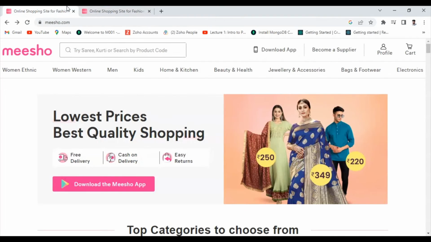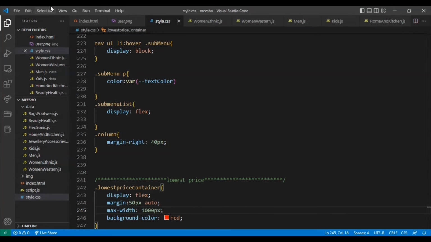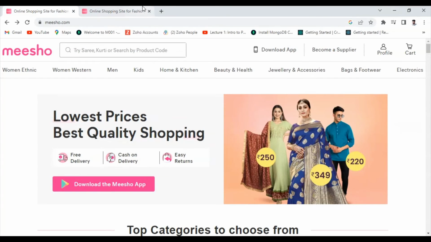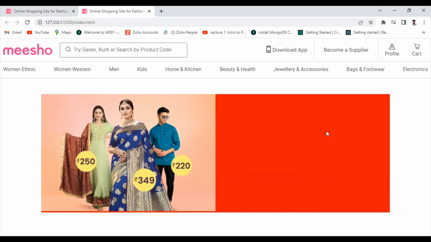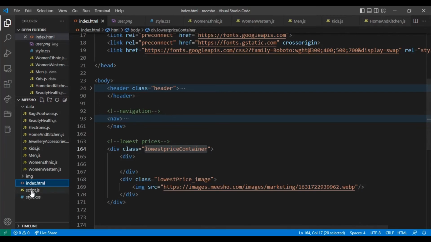Yeah, now it's almost like this. A little bit more, I give the 1001. Yeah, now it's okay. And we want to put the image on this side. Okay, we give this, come here, I give the lowest price. We want to add one same div tag,